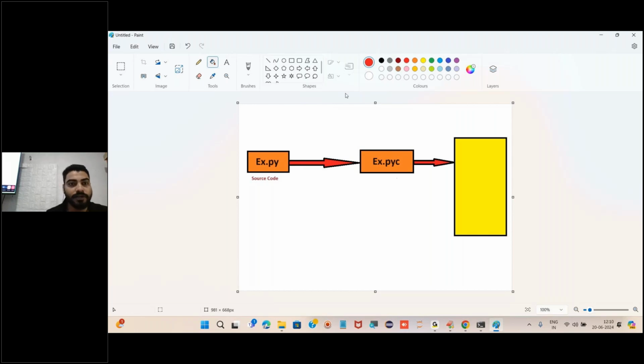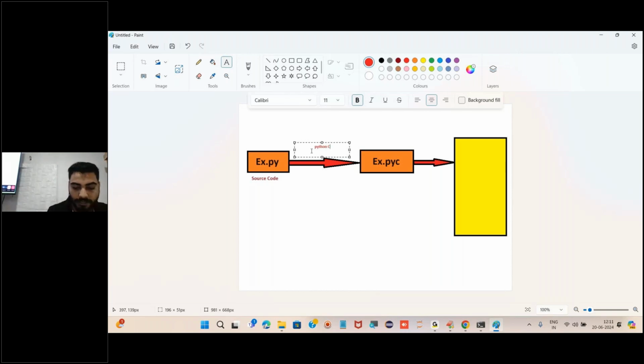Getting my point? So this is the process of compilation. I can say it is a Python compiler. What does it do? It converts the source code into bytecode.